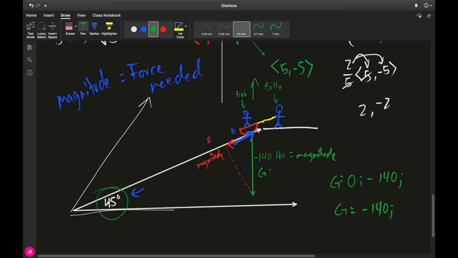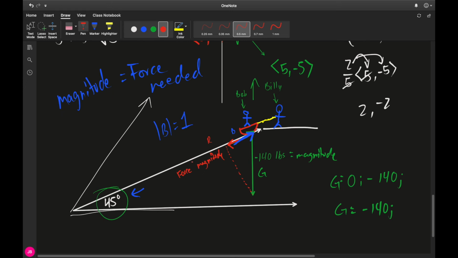Okay, and so now we have to do the same thing with this blue vector, but we don't have very much information. The only thing that we have is the 45 degrees. So we're going to be smart, and we're going to say, okay, I'm going to make this vector B, this blue vector, have a magnitude of 1. Now remember, it doesn't matter what magnitude B has, because red is going to have its own magnitude, which is going to be the force, and that's going to change later anyway. So we can make B have whatever magnitude we want. And to make it easy on ourselves, we're going to make it have a magnitude of 1. That makes it a